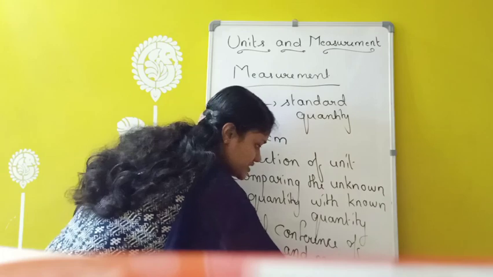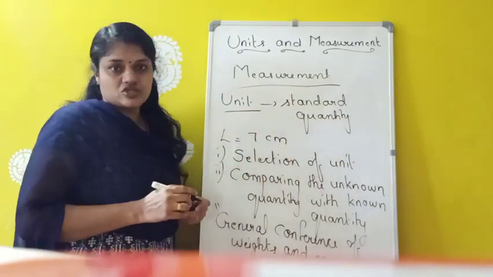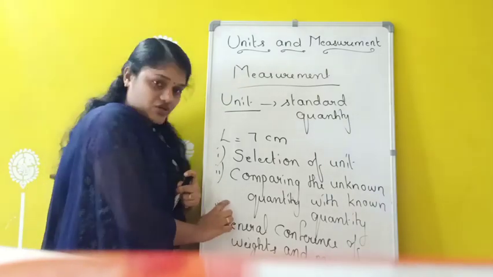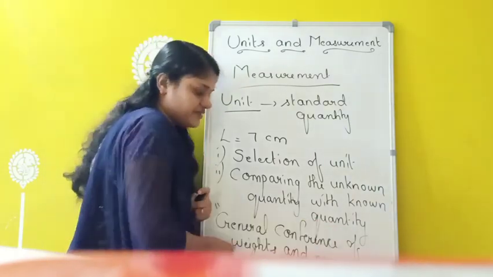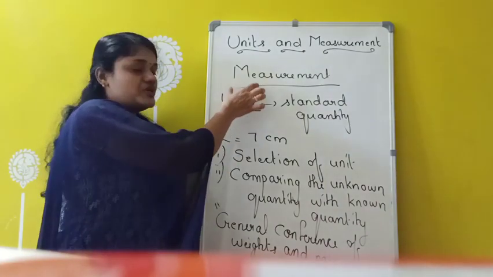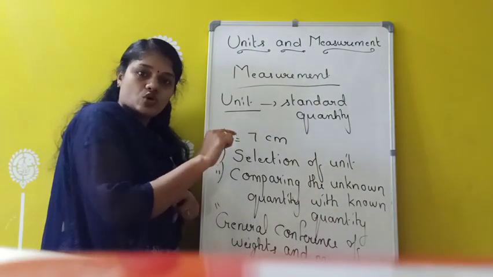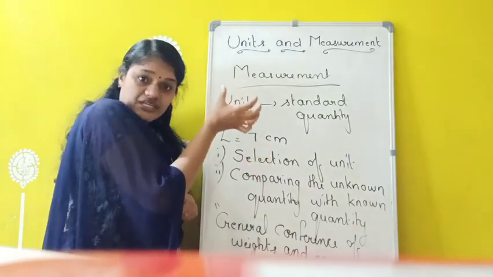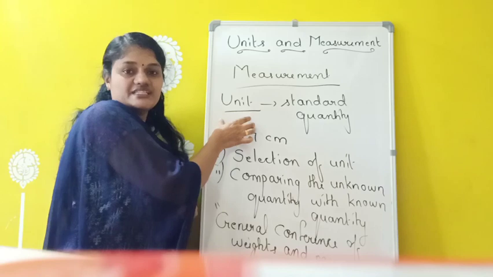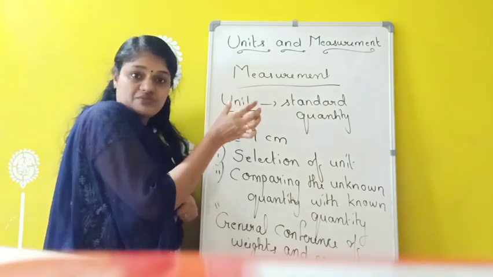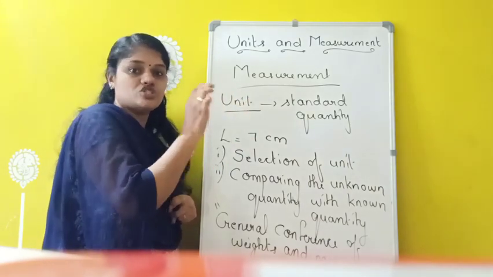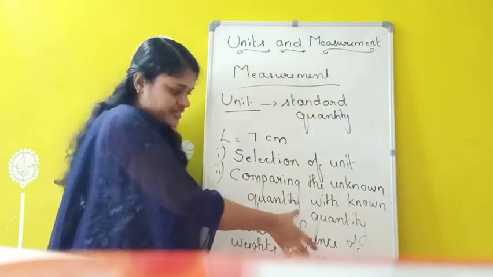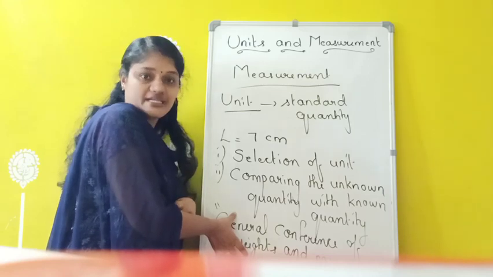This authority has the right to decide units. So the unit we cannot decide. Clear? There is some authority to decide the unit, and that authority is called the General Conference of Weights and Measures. So measurement, the comparison of unknown quantity with a known quantity, is called which one? Measurement. And the standard quantity used for measurement is called unit. Or we can say this is the chosen standard of measurement which has the same nature as that of the object to be measured. That is called which one? Unit. Then the General Conference of Weights and Measures has the right to decide unit.